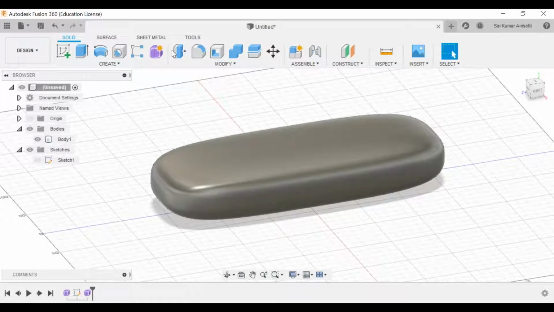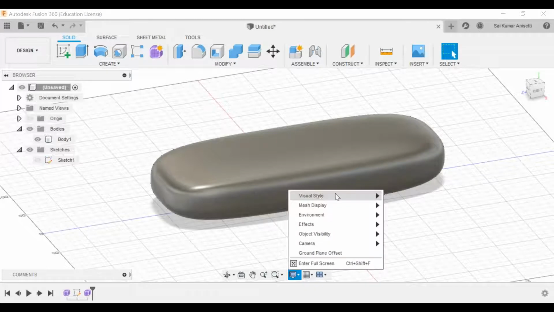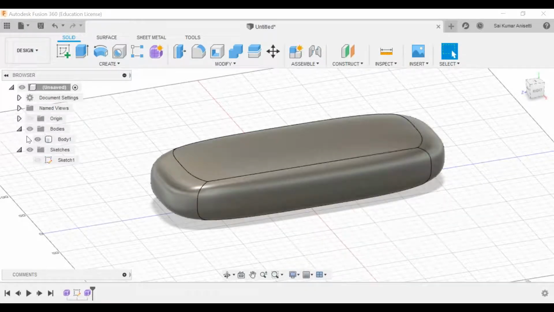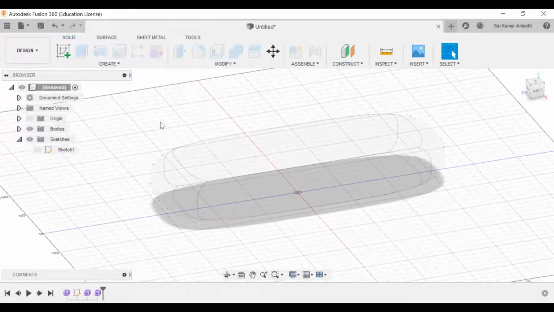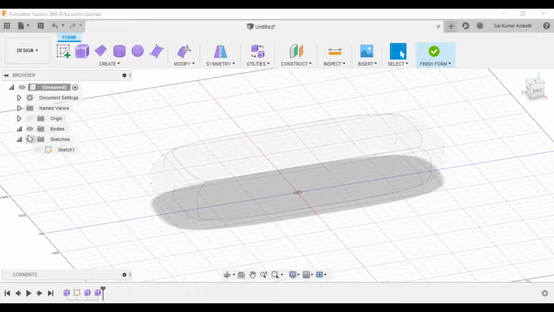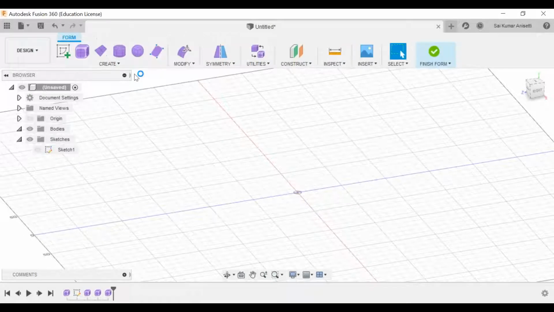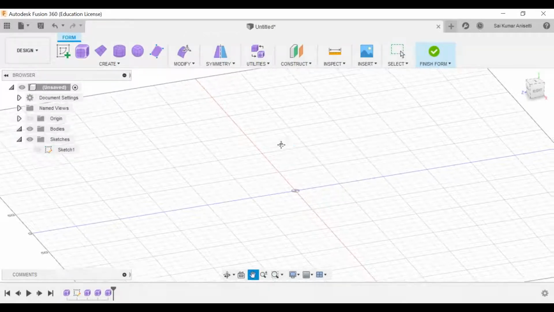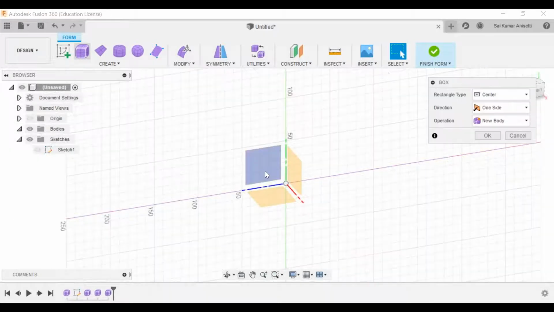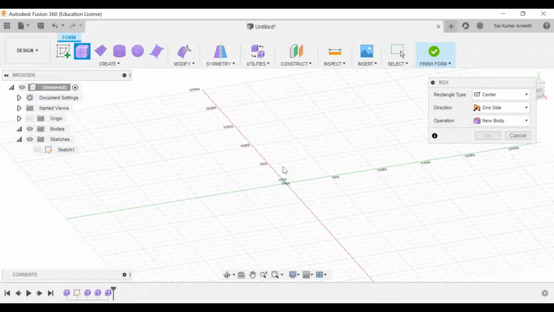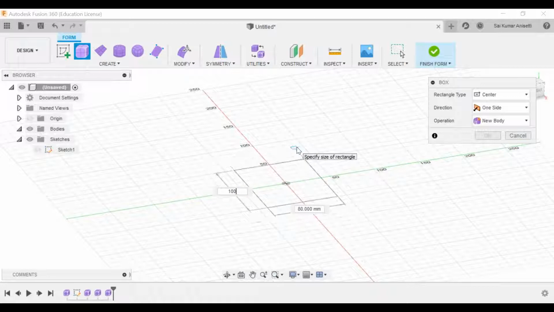Okay, now let us see how to control this particular box. Let me go into visual style. Always make sure this is shaded with your edges. Again, go to create form. So let me go to this body, finish form. So let me hide this body for the time being. Go to sculpt environment, and we'll create another body. We'll see what more options are there in your create box. Now I'll go exactly with 100 by 100. Okay, enter.